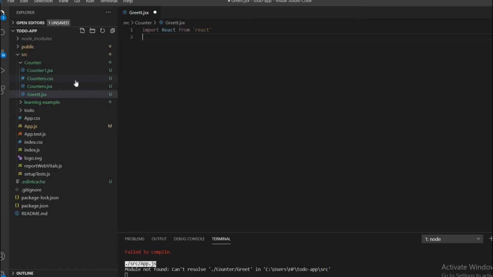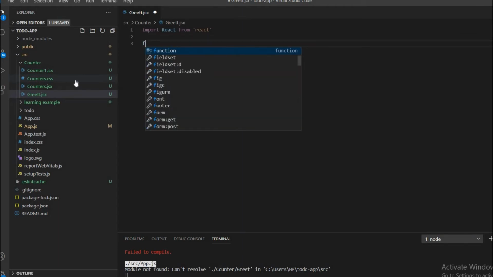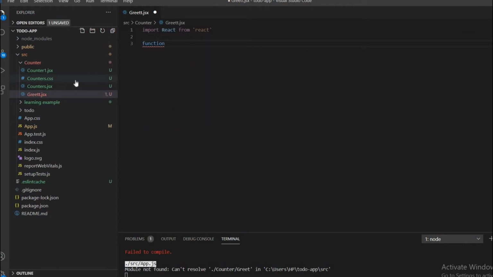Let's create a new function with the name greet.